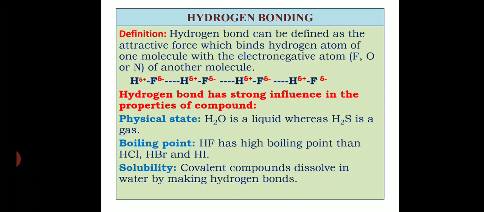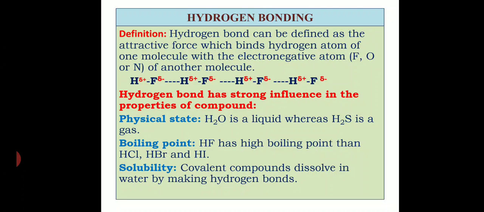So for example, let's take hydrogen fluoride, HF. Based on the electronegativity difference, hydrogen is partially positive and fluorine is partially negative. It is known as a dipole, right? Now one molecule attracts the other molecule because of opposite charges. This type of attraction is known as a hydrogen bond. So once again I remind you, listen: if a molecule has hydrogen bonded with fluorine, oxygen, or nitrogen, it will have an intermolecular force of attraction known as hydrogen bonding, right?